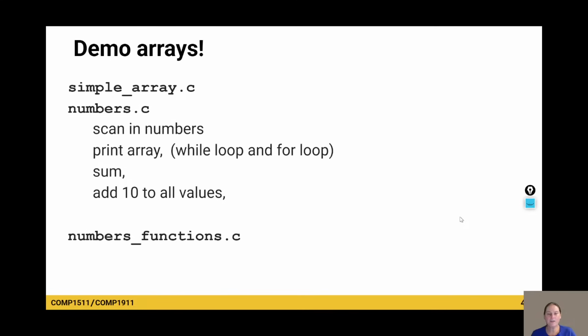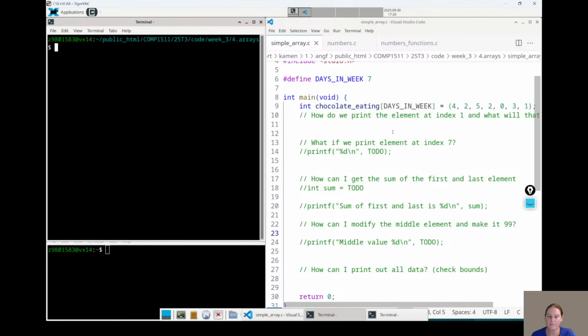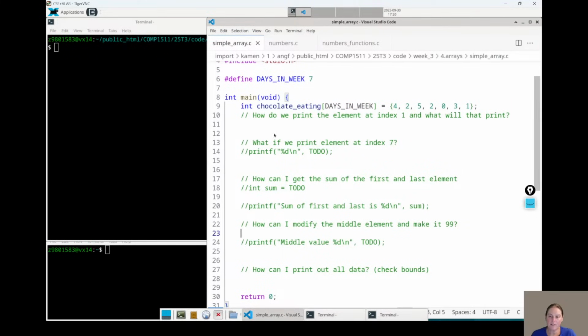So let's go play around with these things in code. Here I've got my hash define: days in week is 7. It makes it much clearer that we're talking about days in a week, and that's why it's 7 rather than just a random 7.